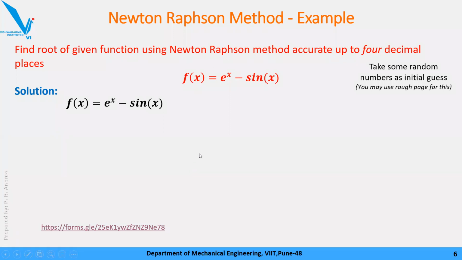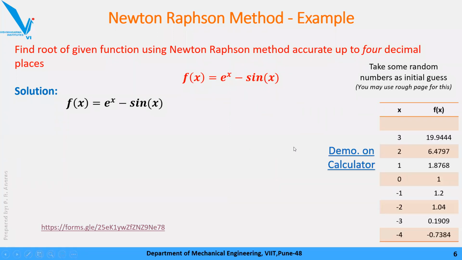So moving ahead, the correct answer is -3. The student who got -4, please